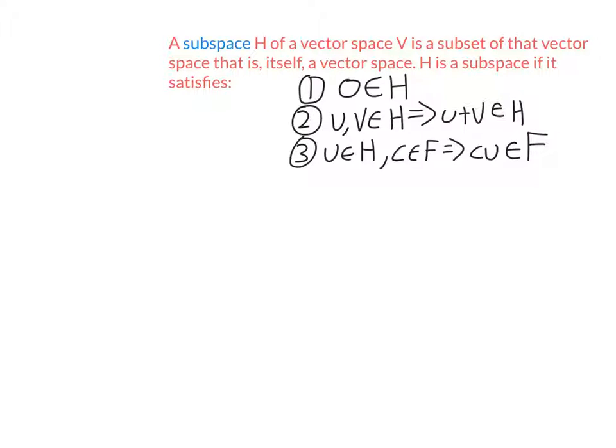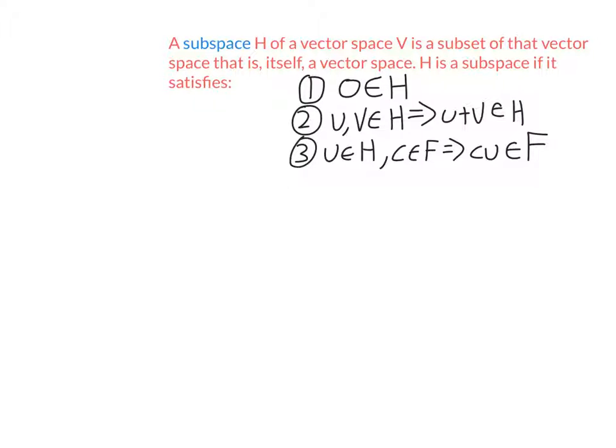If we want to check whether a subset is a vector space, we don't need to check all of those 10 axioms because most of them will be induced on any subset. So for example, the 10th axiom on the previous slide was the existence of the scalar 1, so that 1 times u is equal to u. That is true for any vector in V, so it will be true for any vector in a subset